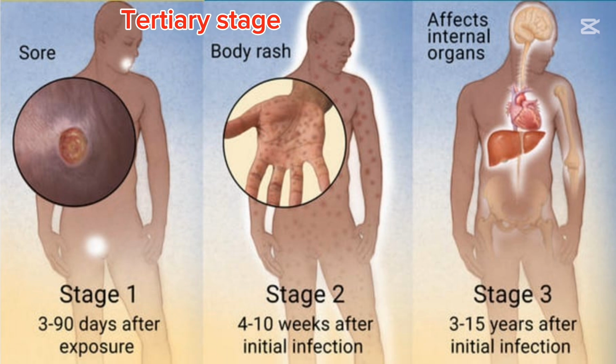And the symptoms can include, so it can affect different parts of the body, like we've said. If the cardiovascular system is affected, it can cause cardiovascular syphilis, which can damage the heart and the blood vessels. Sometimes if the nerves are damaged, there's damage to the nervous system, it can cause symptoms such as paralysis, numbness, dementia, and blindness. Sometimes at this stage there can be gummatous syphilis, where there are soft tumor-like growths on the